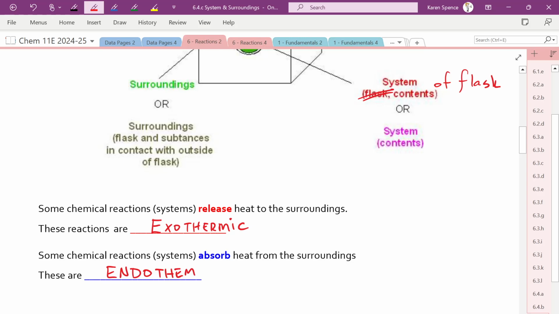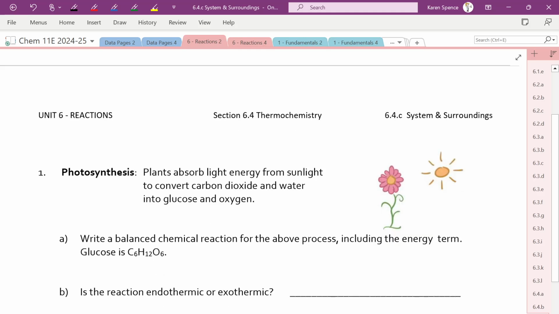So literally, if I was to have a beaker and I put my hand on a beaker that had an endothermic reaction happening in it, it would be sucking heat energy out of my hand, which is why it feels cold. Okay? If I had an exothermic reaction, it would be literally pumping heat into my hand, which is why it feels warm. Okay? There's a few questions here. You can feel free to answer those for homework, but we're going to move on to